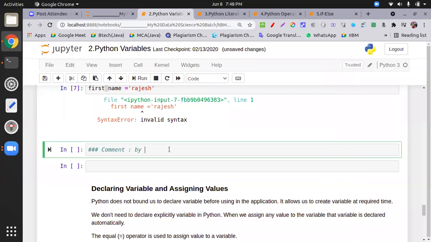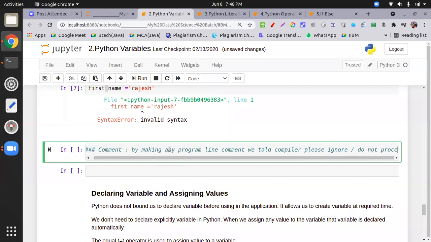So by making any program line a comment, we tell the compiler: please ignore or do not process the given line.